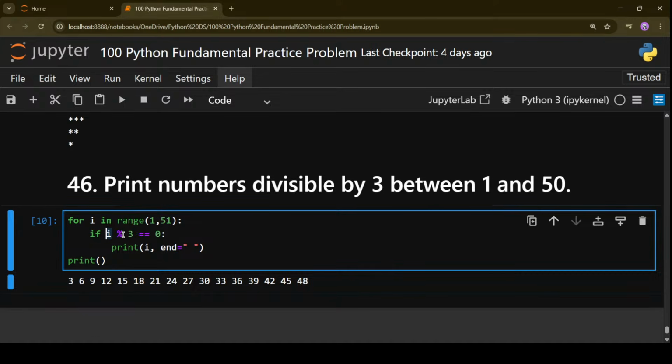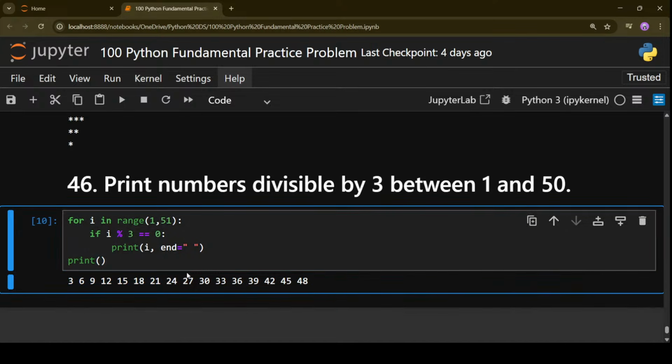Any number, if it is divisible by 3, the remainder will be 0. So that's what we are doing. We are doing the calculation. Whatever the remainder is, if the remainder is 0, then 0 equals 0, it means the condition becomes true, means the number is divisible by 3. So print that current value. Whatever the values will be, they will get printed over here. So this is how you work.